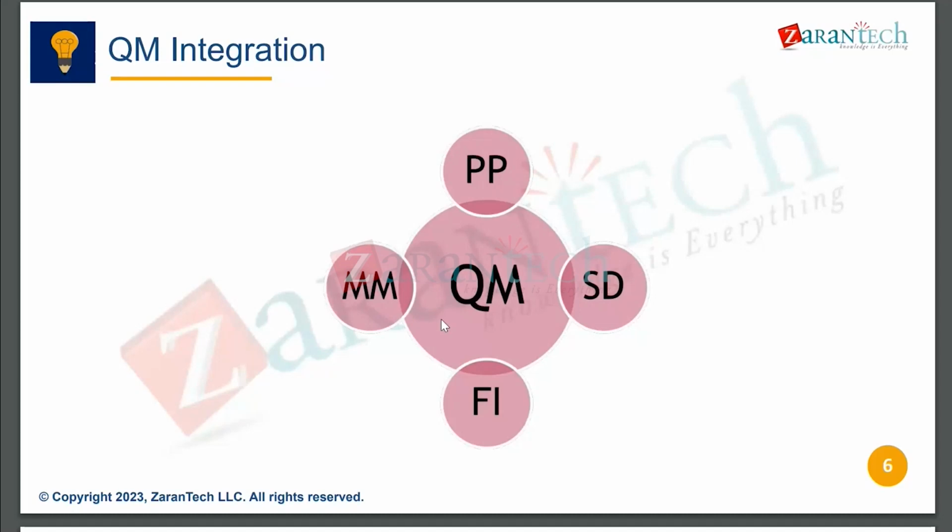Here one more inspection is there, that is final inspection. Once the production has happened, the product is already on the shop floor and ready for delivery. Before delivery, it is called a finished product. Okay, but although it is a finished product, quality has to give the clearance first to deliver to the customer. As per production it is a finished product, but for quality it is not a finished product